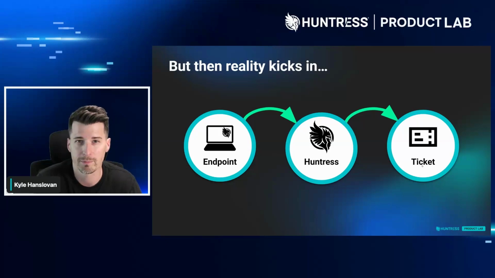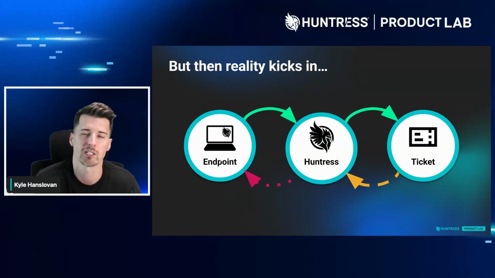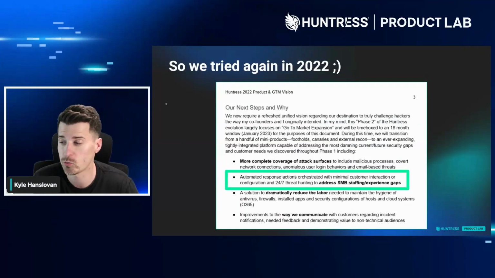And theoretically, what happens is from your PSA or wherever you get it done, you can go and say, hey, I want to tell the Huntress backend, run this remediation for me. But what we learned is not everybody was taking advantage of assisted remediations. And that, by the way, was all the way into 2021 or so. And then what happened is not as many people were actually running remediations. So we tried again in 2022.